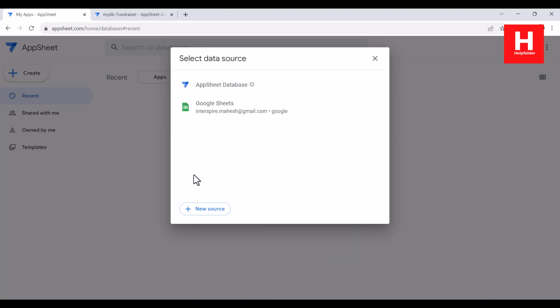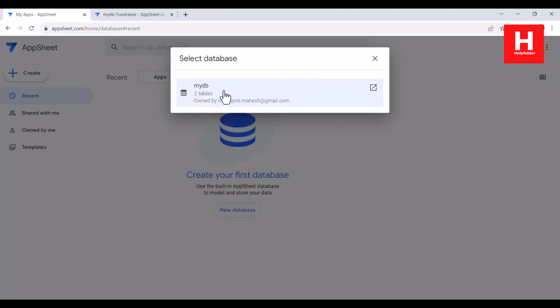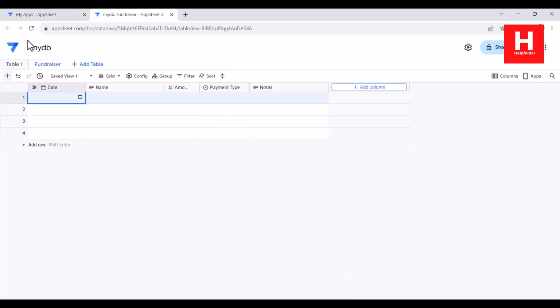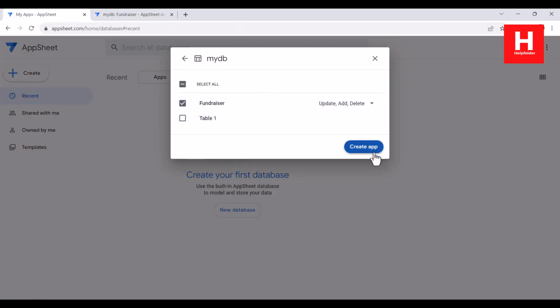Choose your data. Here you can choose data source, which is AppSheet. Then choose a database, and then choose the table here, right? This is the table we created here. So we pick that and click